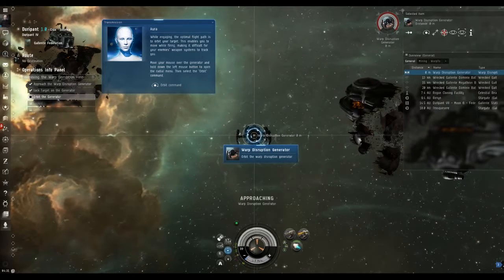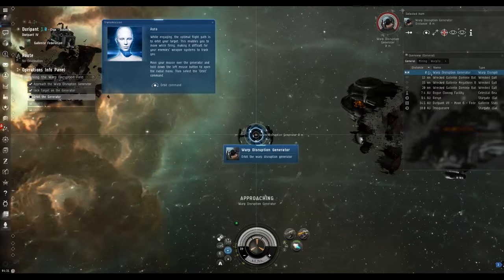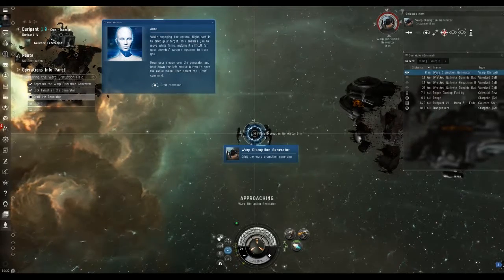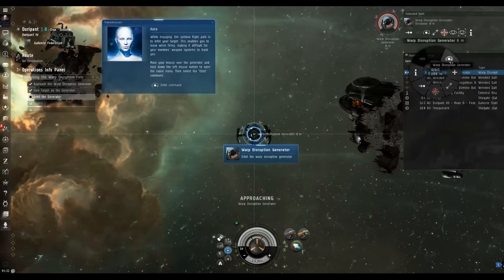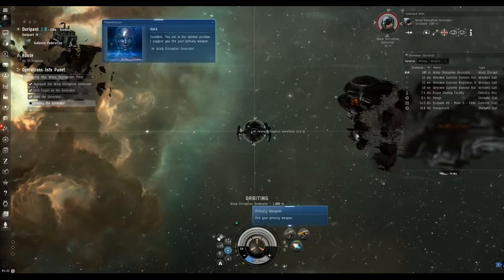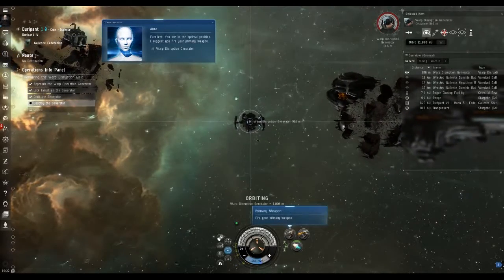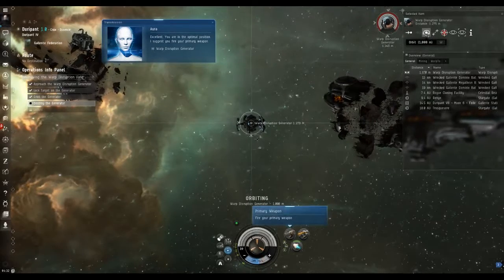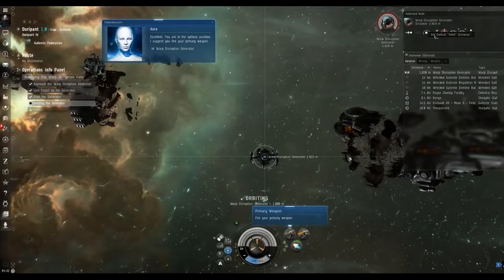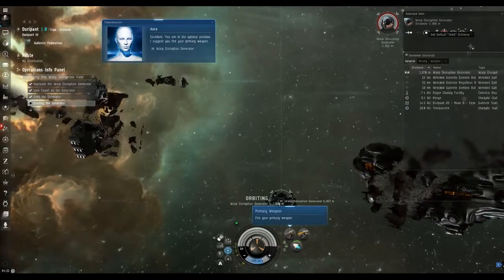Select the target either from the targeted item menu, in space, or the overview, and then hit orbit in the selected items or from the radial menu, and your ship will start circling at a set distance from the target. You can choose what distance is the optimal position. I suggest you set it by